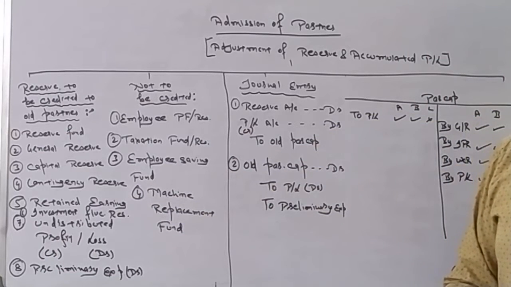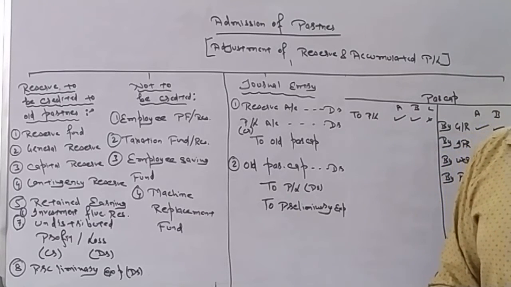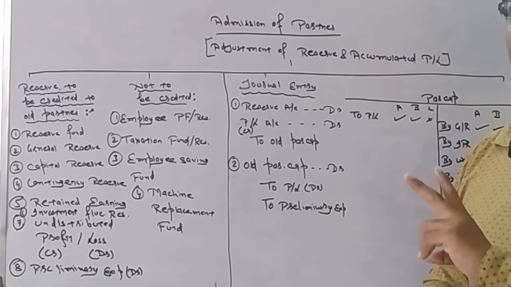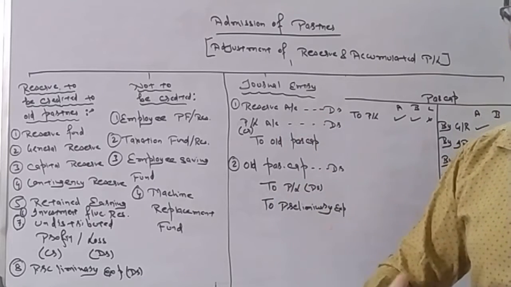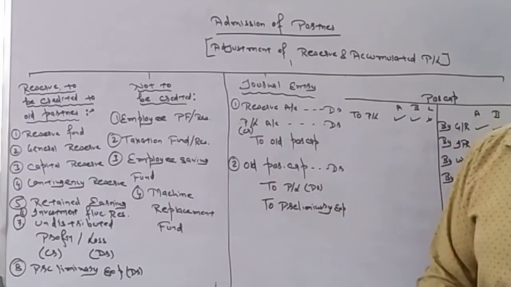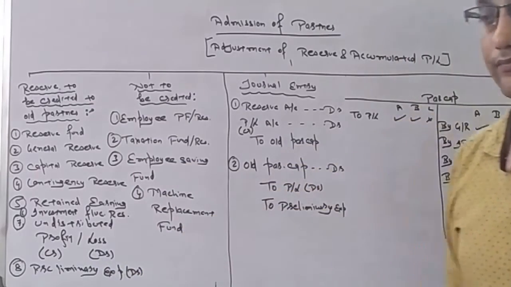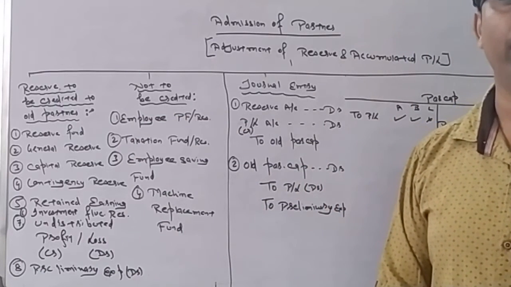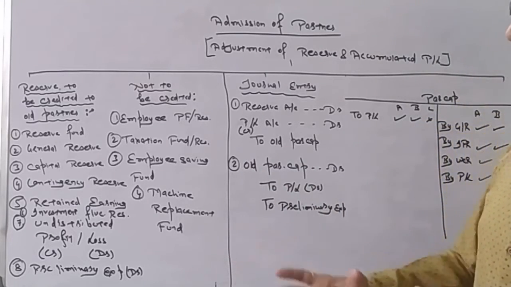Now what is the way to distribute? And keep my words, workman compensation reserve and investment fluctuation reserve, these two need to be discussed separately. In our next part we will discuss that. Those cannot be distributed among partners directly. There are certain treatments to it. But the remaining ones are very simple. Reserve means credit balance or liability. Reserves are on the liability side of the balance sheet, that means it is a credit balance. We need to distribute it among the partners.